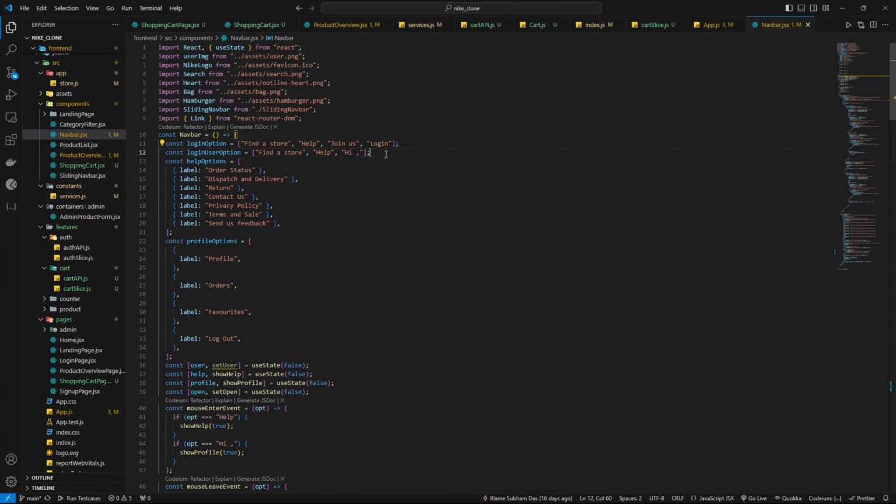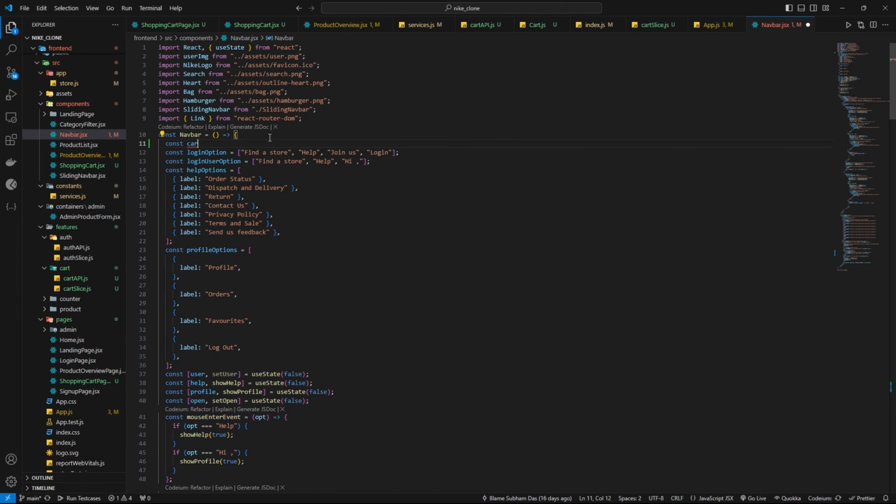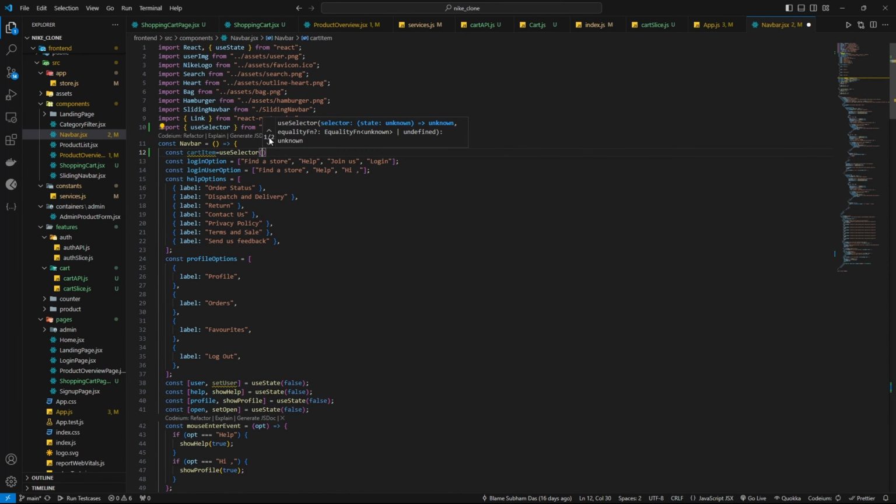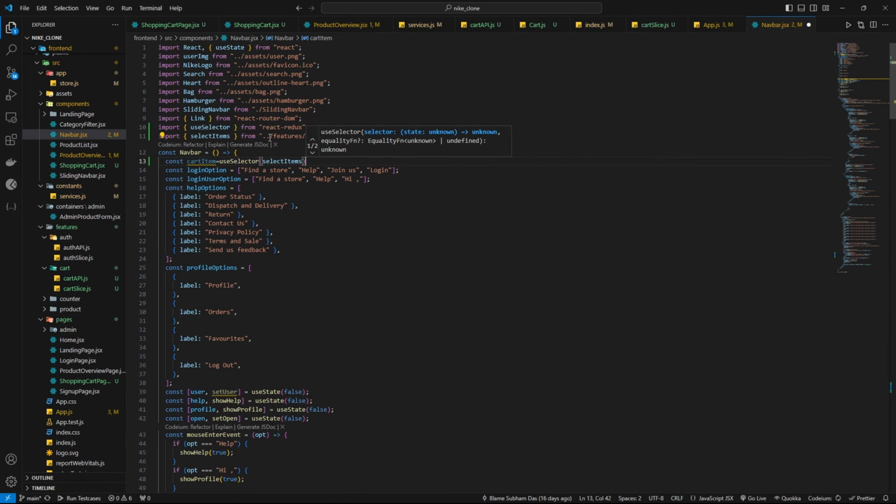After that, yeah, here let's import the cart item at the top. So const cart item equal to use selector, and here will be select cart, actually not cart items, it will be select items, and from here we are going to get the cart items,